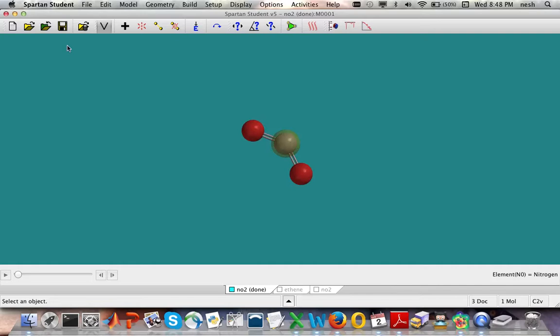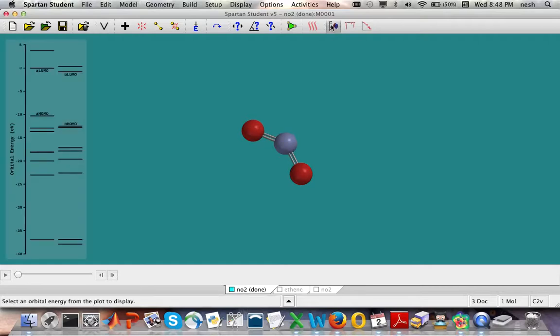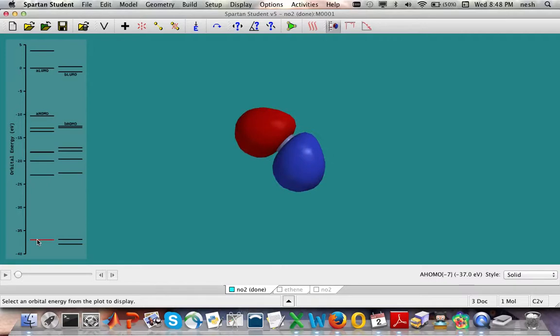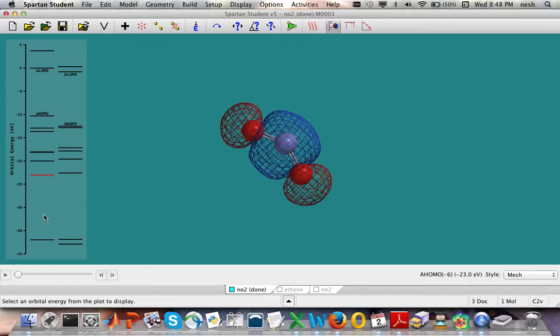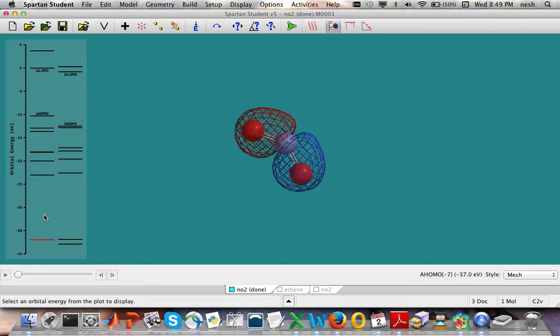Okay, and once you've actually done the calculations on these, you can go to this ladder of orbital energies, and we can start looking at the molecular orbitals, for which I generally like to put it on mesh. And once again, we'll just look at the A column here, not the B column. And don't forget that once you clicked over here, you can just use your up and down arrows to go to different ones. So what we're looking for in this now is our